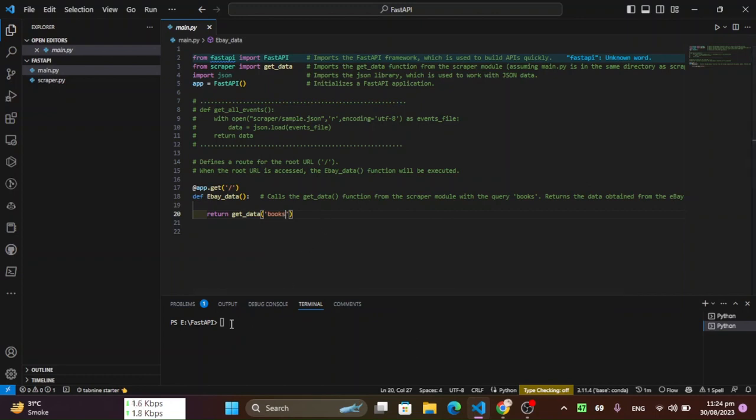Now we are going to scrape data with the help of FastAPI. We are using this command: uvicorn main:app --reload.